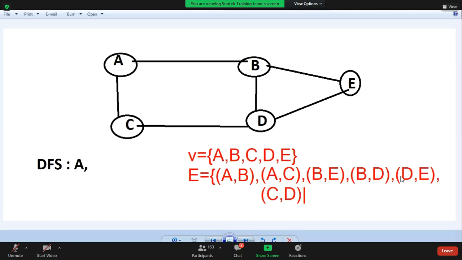Yes. DE. BD. Yes. These are edges, guys. What is G? Nothing but V comma E. Vertices comma edges. Yeah. A graph is a combination of vertices and edges. Okay, now write our vertices and edges, guys. V values and edges also.